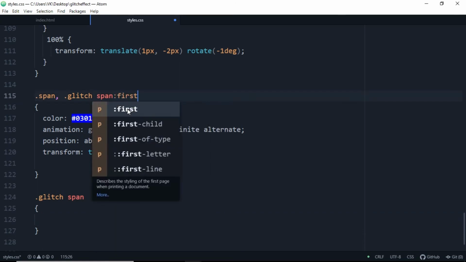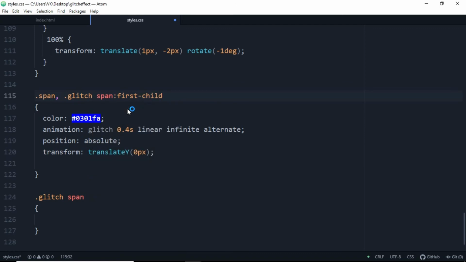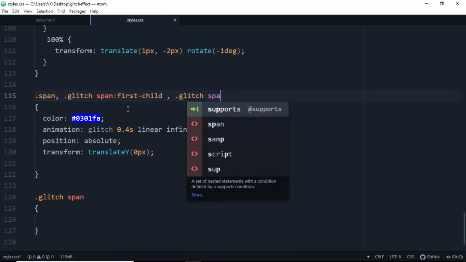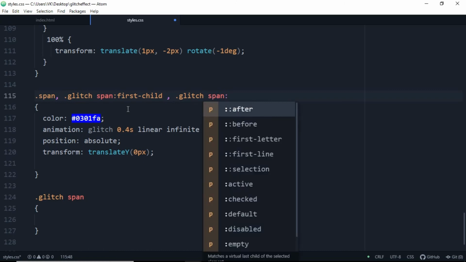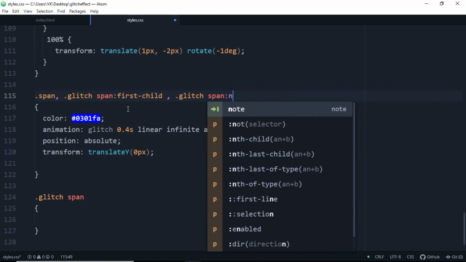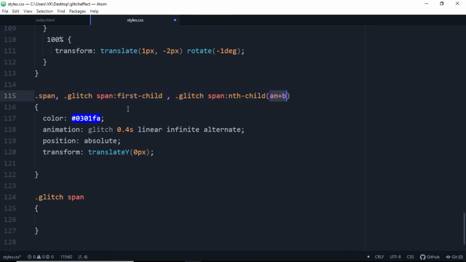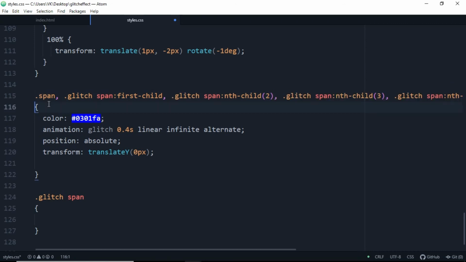So this is a different way of accessing each and every child of the span tag. We're accessing the first child and then the glitch span. It's basically the same thing. I'm just doing it for your convenience. Span nth-child second, you can write here as 2. Alright, so just copy this and paste it for all of them.